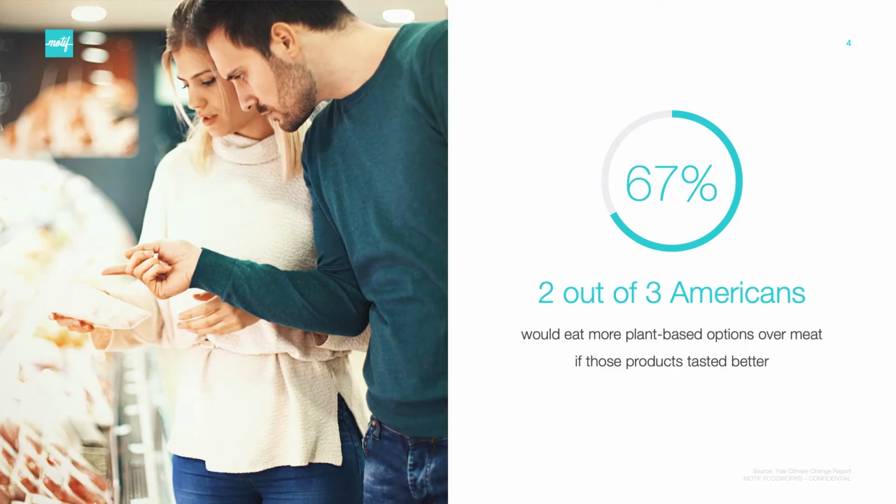So now, if we are going to replace these animal foods with plant-based foods, we want to recreate that experience as close as possible to be able to convert consumers over to eating more plant-based. So, we know that the consumer has told us right now, these products do not meet our needs. In fact, 2 out of 3 Americans say they are motivated to eat more plant-based foods, but they are not